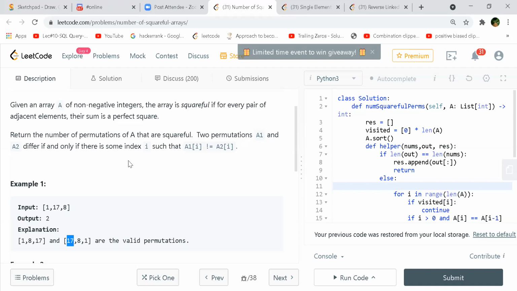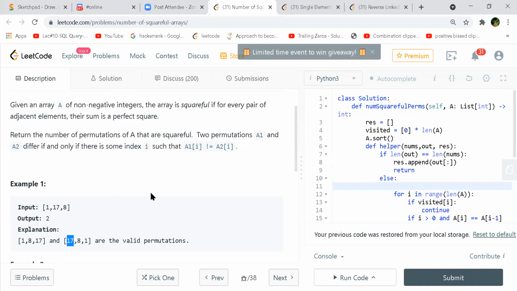It's kind of like sliding window permutations, combination, right? You have a limitation of 2 permutations, right?